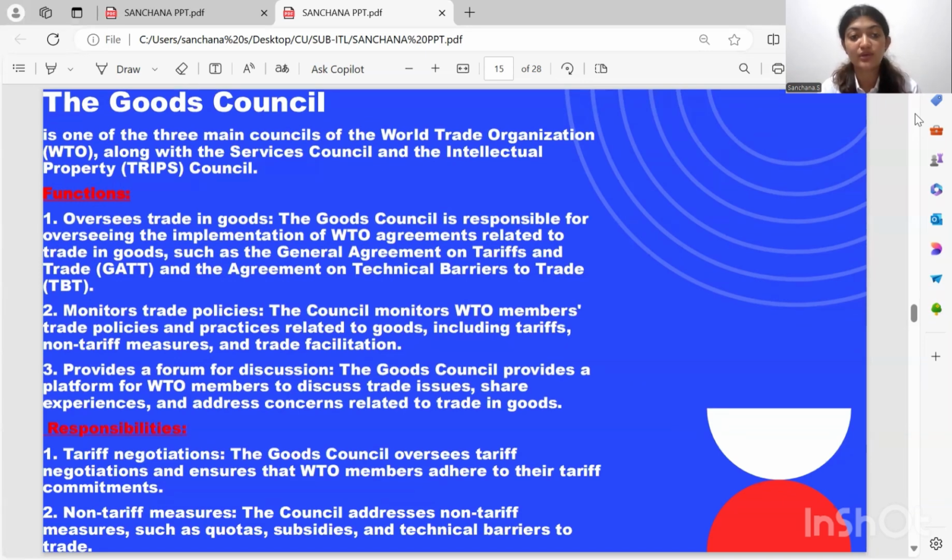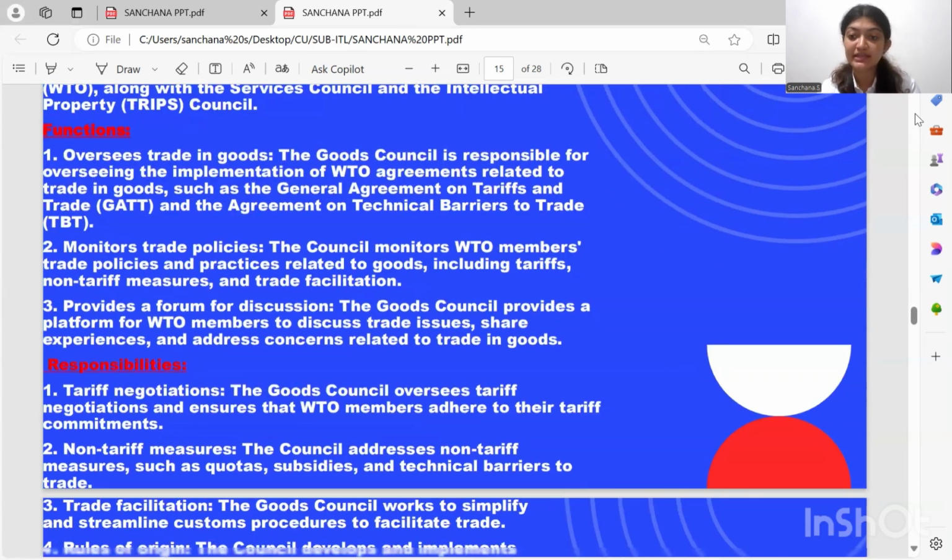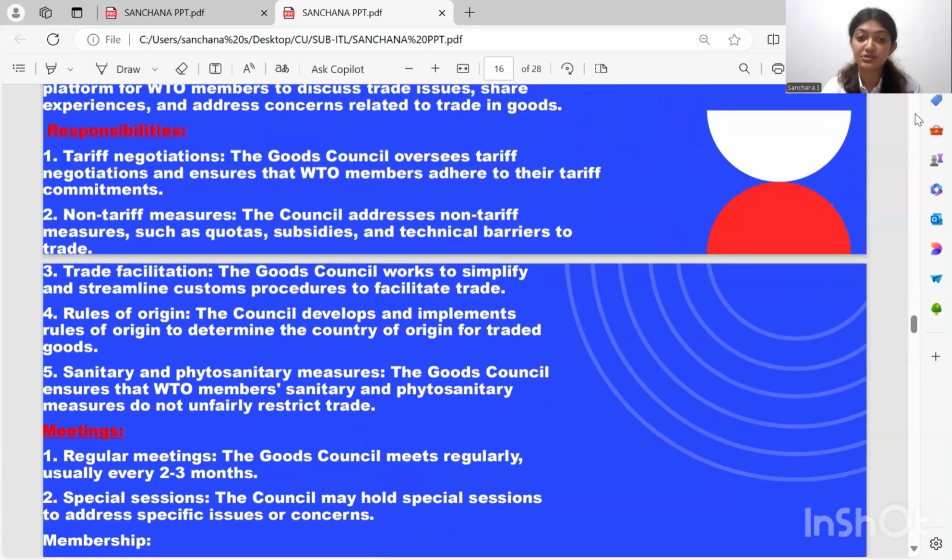The Goods Council is one of the three main councils of the World Trade Organization, along with the Services Council and the Intellectual Property Rights Council. The Goods Council oversees trade in goods, monitors trade policies, and provides a forum for discussion, where countries can bring their own opinions on trade-related policies. Responsibilities of the Goods Council are tariff negotiations, non-tariff measures, trade facilitation and rules